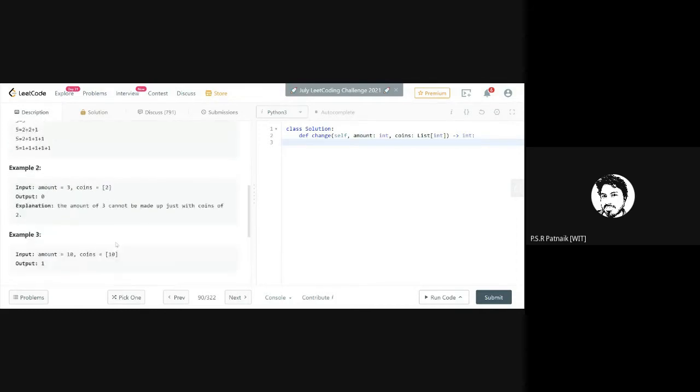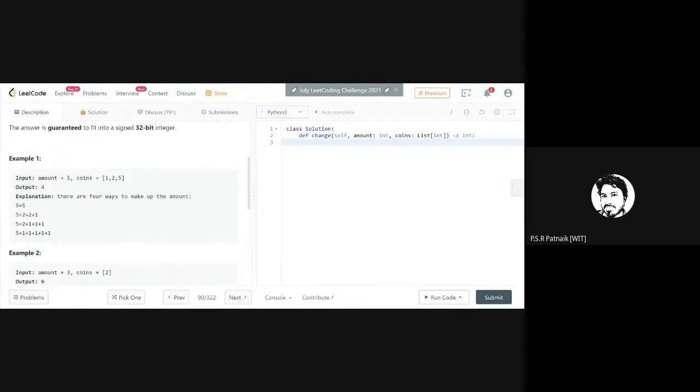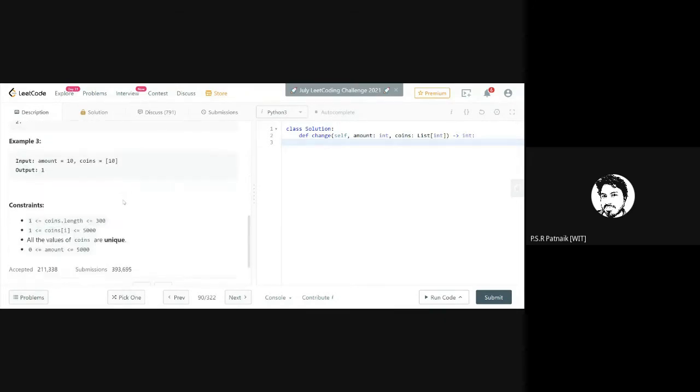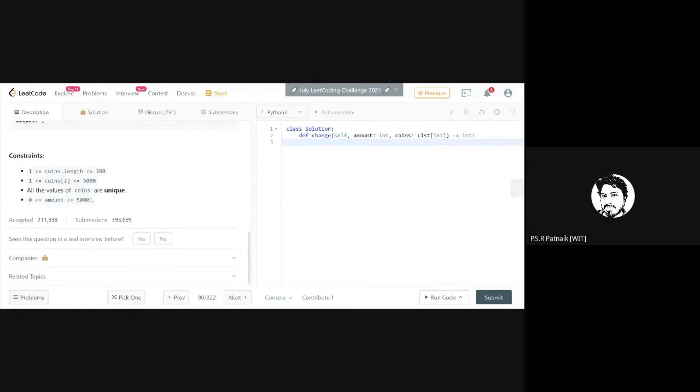So understand that what I'm saying is this cannot be 115. That's why I call this a set of coins. Each denomination given in this will be unique, and the amount will be max 5,000. Remember, the amount can be 0 as well, or the max it can be 5,000. But I'll always get one coin of at least value of 1.